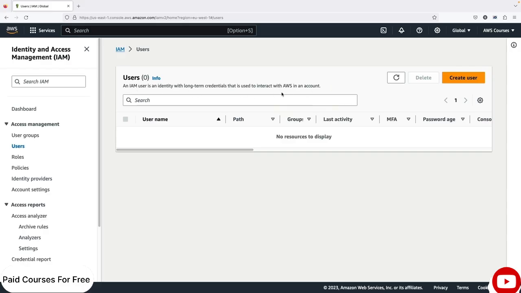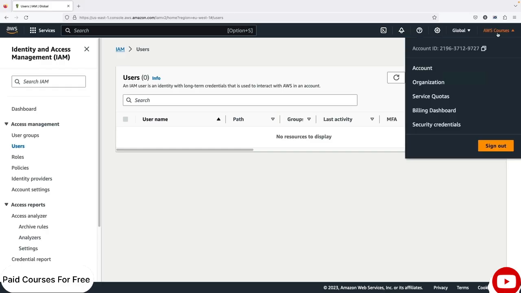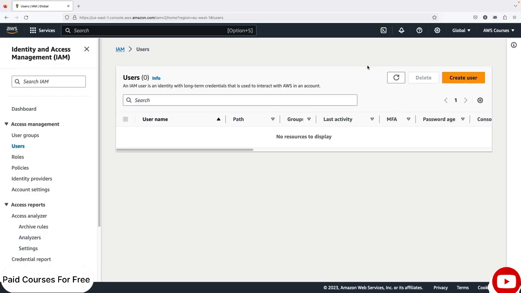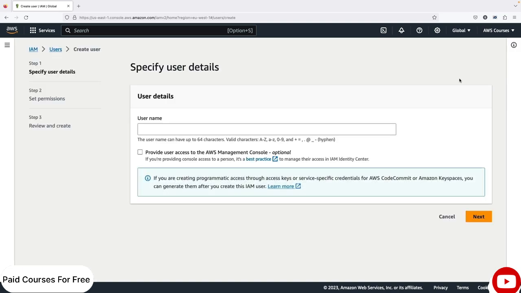Well, we create users because right now we are using what's called the root user. So if you click on this, you see there's just the account ID available to you. So when you have it, that means you're using the root account, and it's not best practice to use the root account. So therefore, we want to create users, such as admin users, that will allow us to use our account more safely. So for this, let's go ahead and create a user,